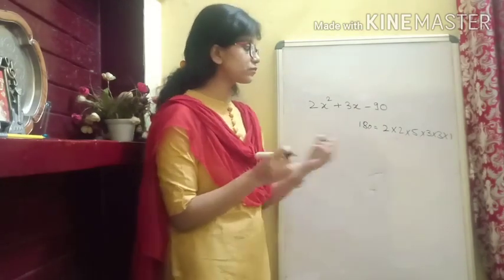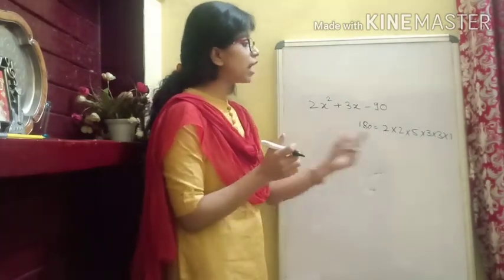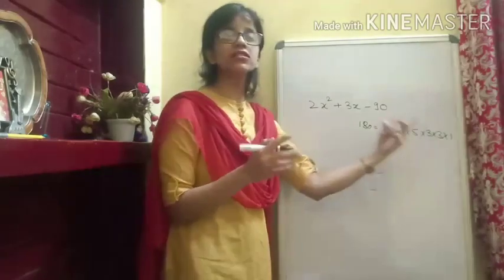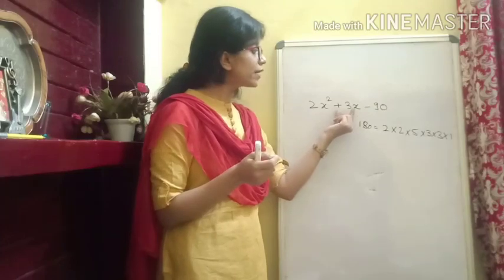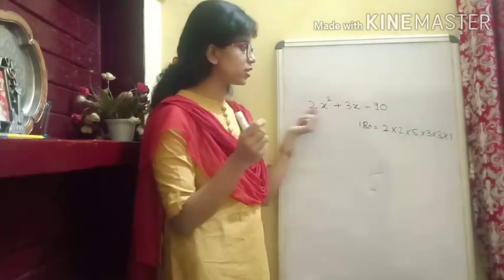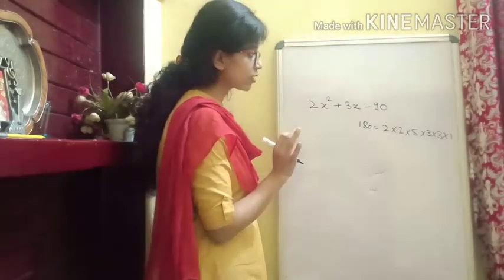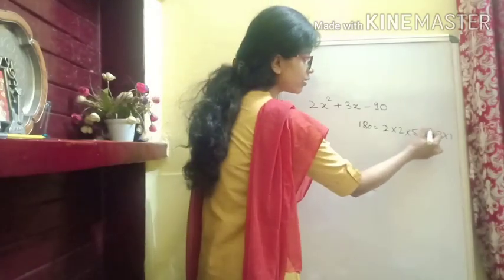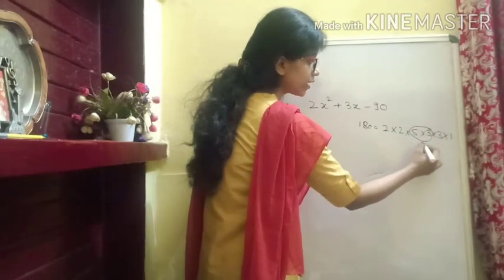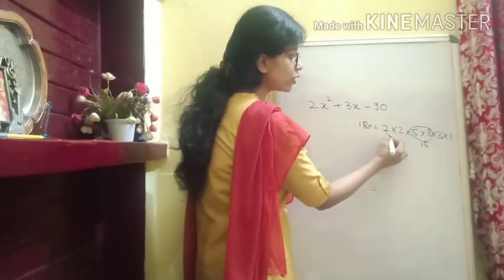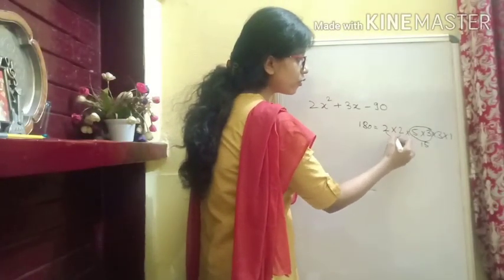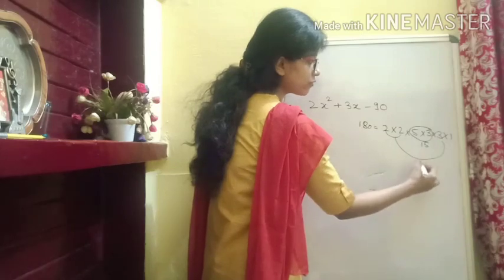Is it okay? Now after that, we have to arrange these numbers, or split these numbers into two such numbers to get plus 3. Okay, we want plus 3. So now let us arrange them. What if we take this 5 into 3 together? That will give you 15, and the remaining numbers together, which is 2 into 2 is 4, and 4 into 3 is 12. So that will give you 12.